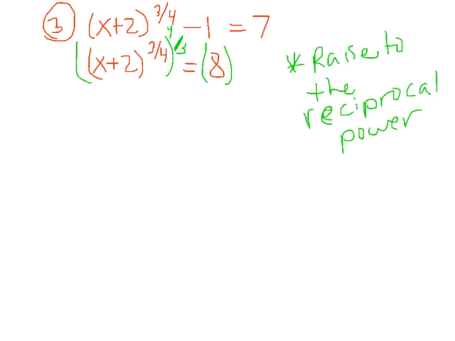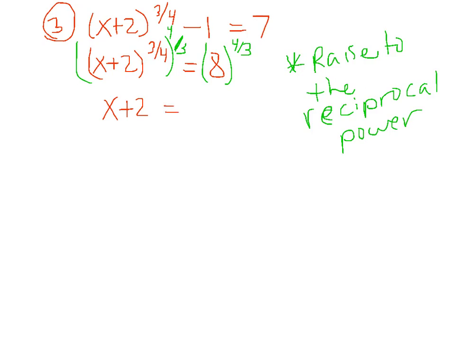So since this is x plus 2 to the 3/4, I'm going to raise both sides to the 4/3 power. If you notice when you multiply these, you'd get 12 over 12, which reduces to 1. So you just have x plus 2 to the 1st power, which is just x plus 2, equals 8 to the